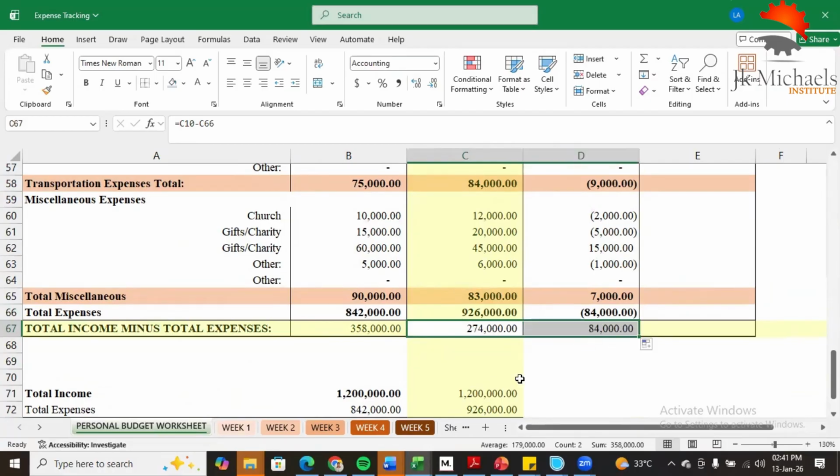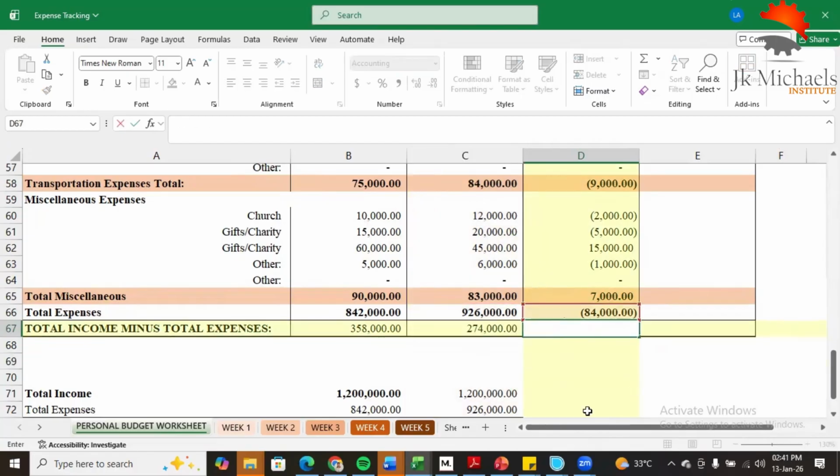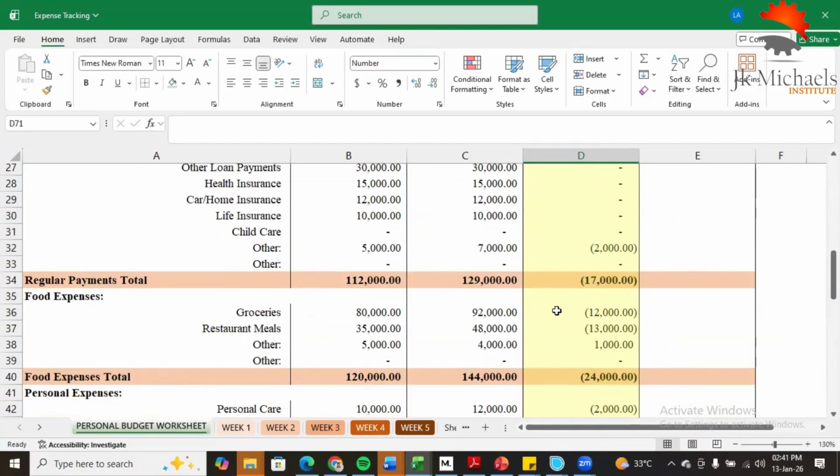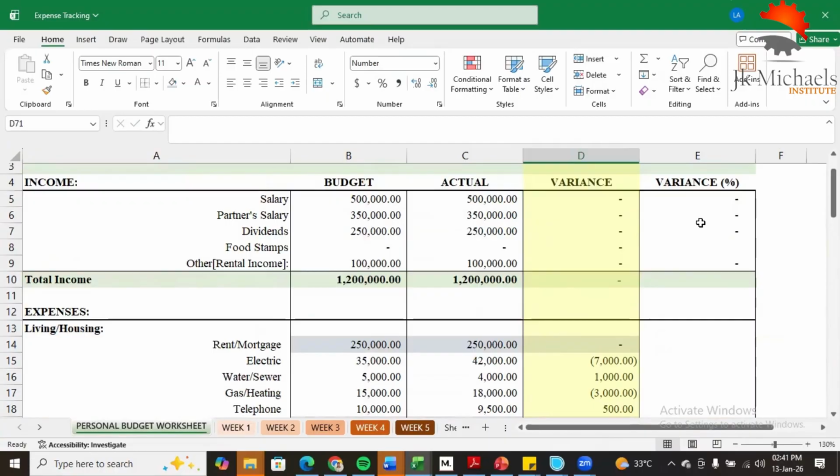So we have a variance of what? Total income minus total expenses. Well, this will not work here, right? Because, sorry, this is analysis of variance. It's not income and total expenses. Again, right? And then finally, let's see percentage variance. Now, percentage variance would simply be